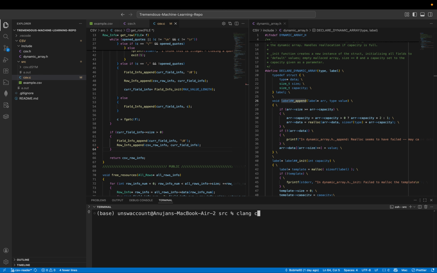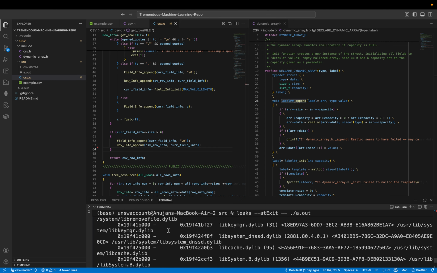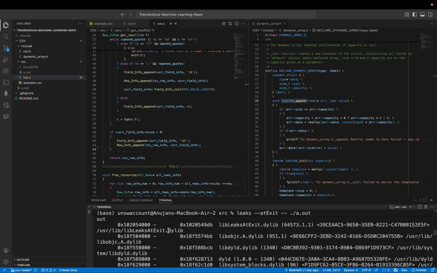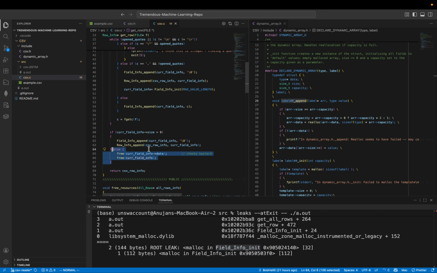And if I compile and I run this, all this crazy stuff happens. And if I get to the bit that's a bit more readable, I get root leak memory, something about field info init, something can get freed. And so what happened was,